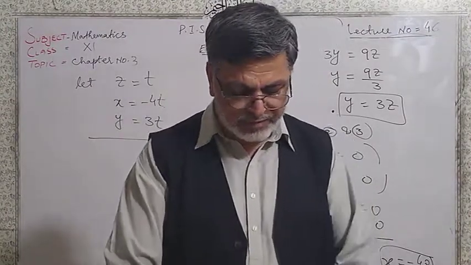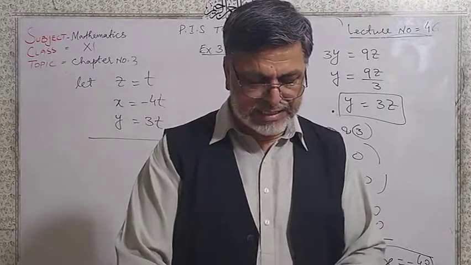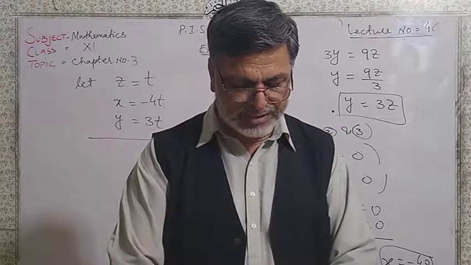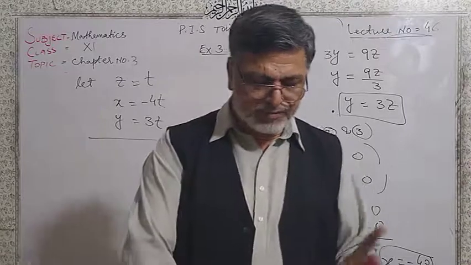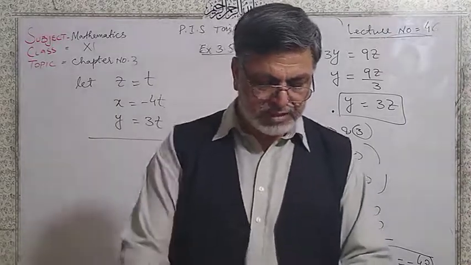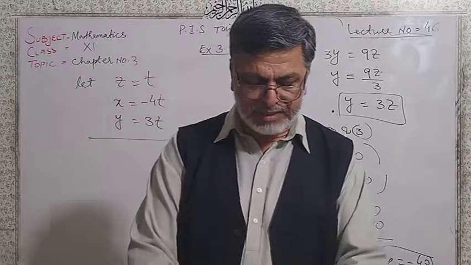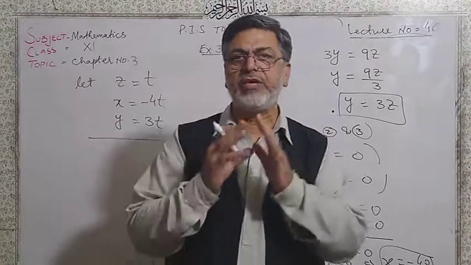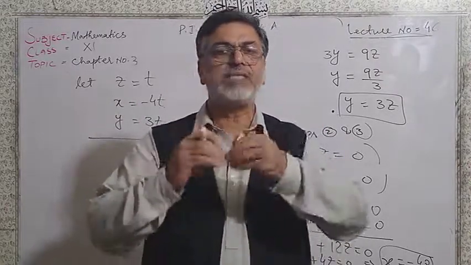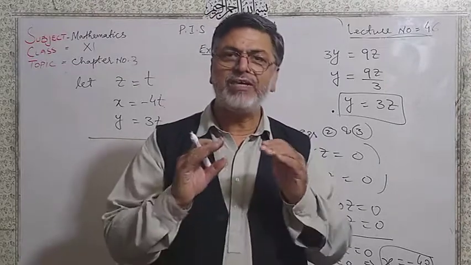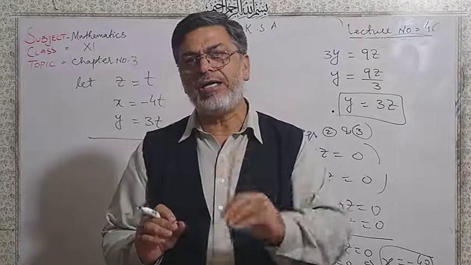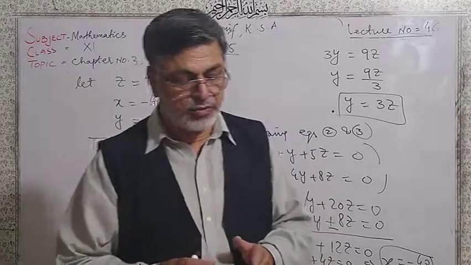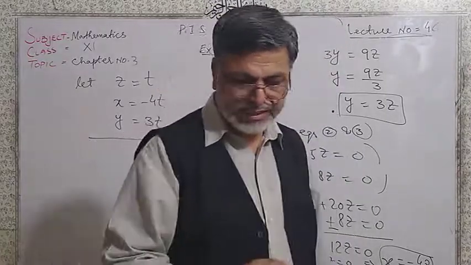After that, question number 5. Questions number 5 and 6 are the same. Find the value of lambda for which the system has a non-trivial solution, and also solve the system for that value of lambda. Similarly, question number 6: find the value of lambda for which the system does not possess a unique solution. Does not possess a unique solution means it will have infinitely many solutions, that is a non-trivial solution. So questions 5 and 6 are the same. So I am choosing question number 6.